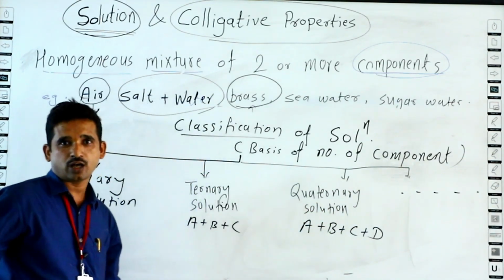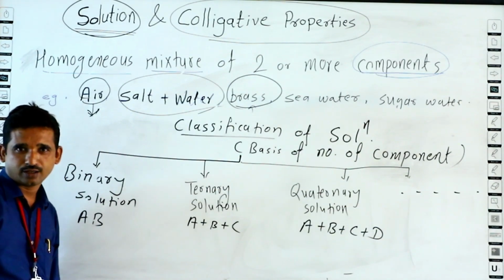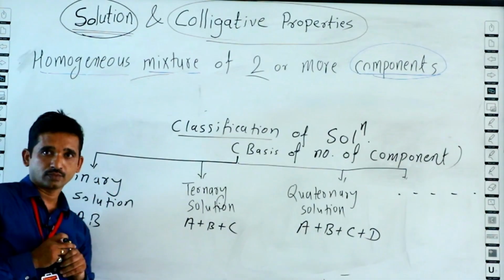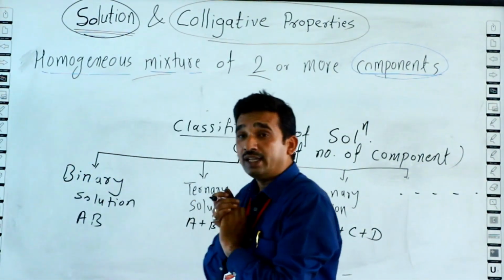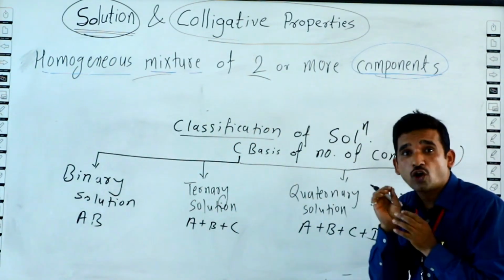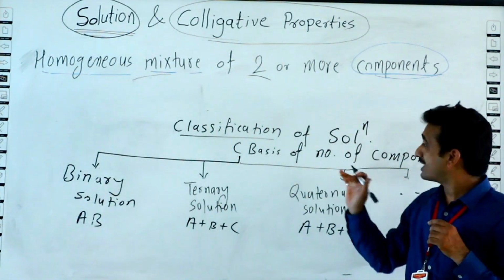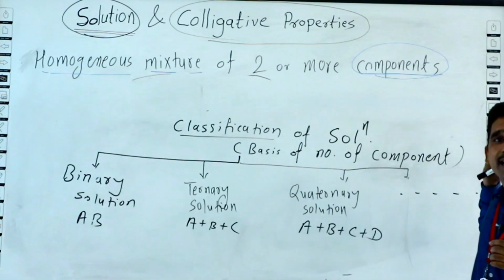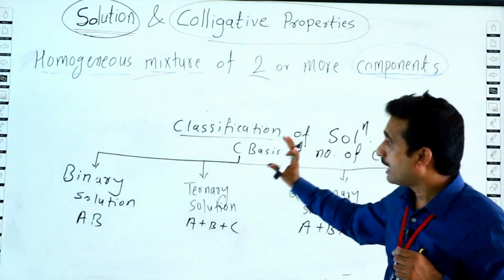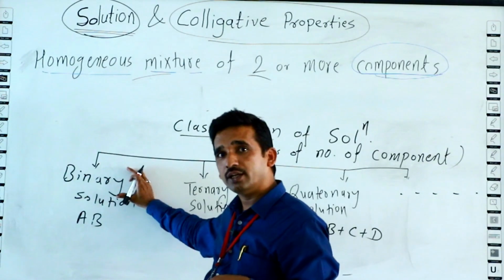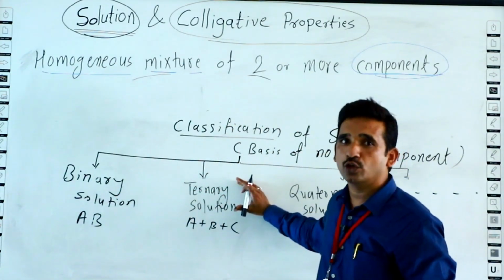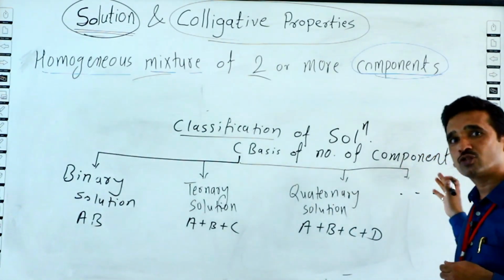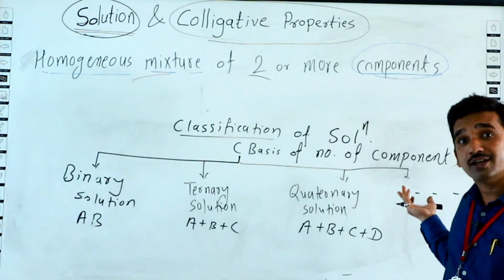बच्चा बोलेगा सर मजा नहीं आया. ए बी वाला बोले तो मैथमेटिक्स which is dangerous. Here we will discuss the classification of solution on the basis of number of components present in the system. Here are binary solution, second one is a ternary solution, third one is a quaternary solution, and the types of solutions are so many. Here the example is air.